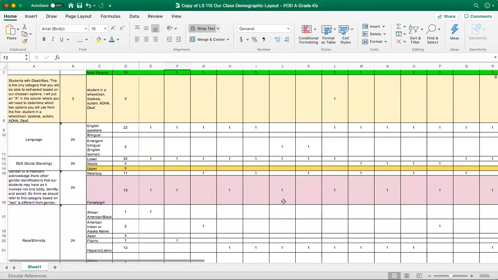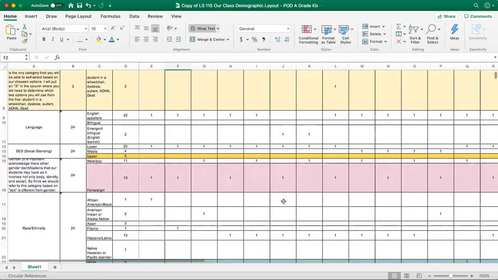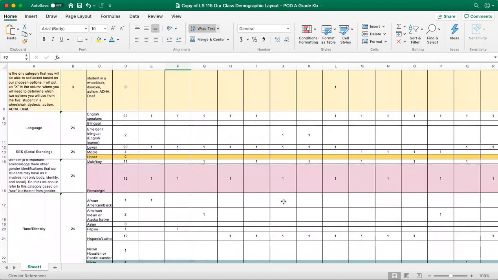A really interesting fact about our class demographic was that 20 out of 24 students were lower class and four students were middle class, with no upper class students in this classroom. Knowing that I based this off of a school that I knew, this was not surprising at all to me. It was a good thing for me to reflect on, and for all of us to reflect on as a group as we went into making our whole project.